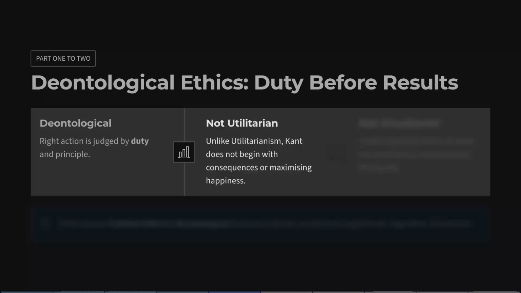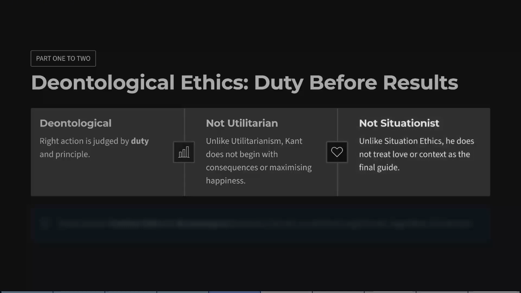Utilitarianism begins with outcomes. An action is right if it produces the greatest happiness for the greatest number. The consequences are everything. The nature of the act itself is morally irrelevant, except insofar as it produces certain consequences. Situation ethics also focuses on outcomes, specifically on which action produces the most loving outcome. Joseph Fletcher explicitly rejects fixed rules in favour of contextual judgment guided by agape. Now, Kant rejects